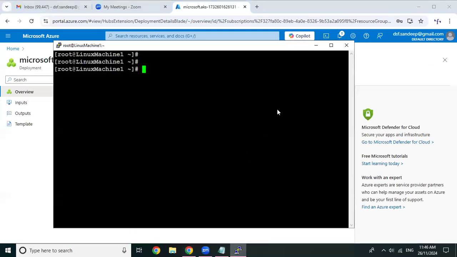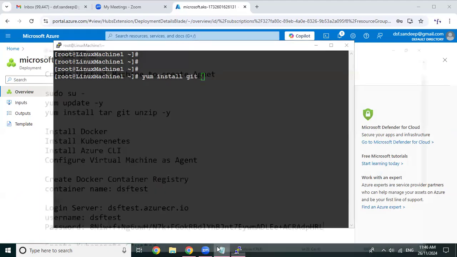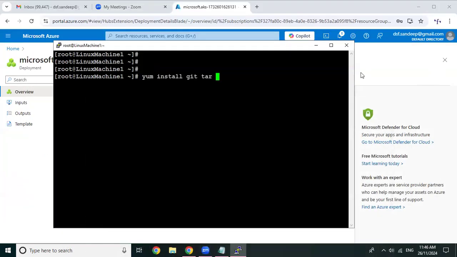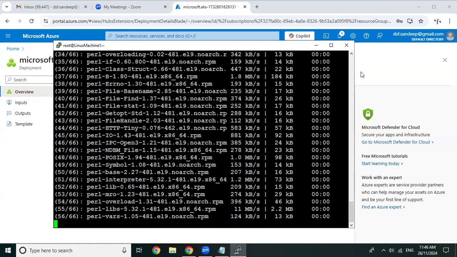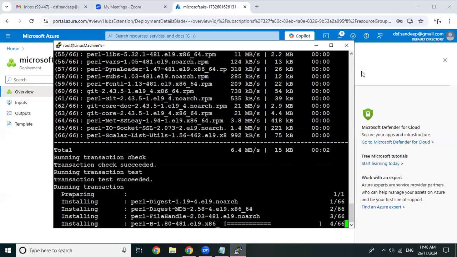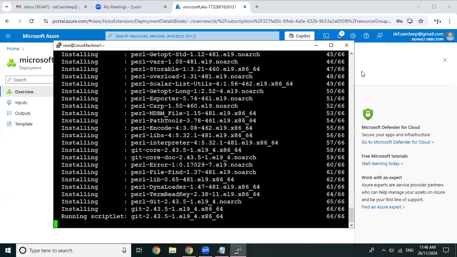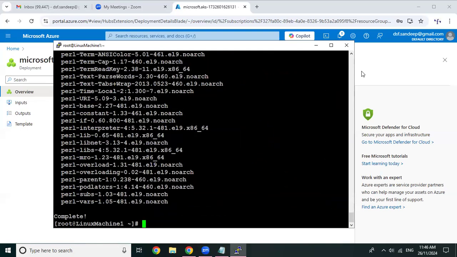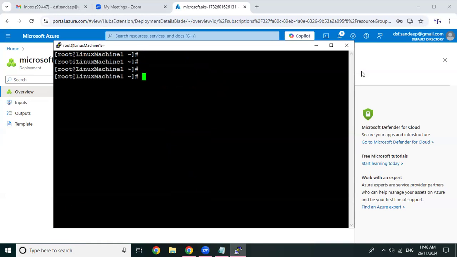Okay, fine. Meanwhile, what I'm trying to do, we're done with the update, right? Yes or no? What you have to do, install git. What you have to install, install git, tar, unzip. Git, okay, tar, you have created. Okay. Now you have to install Docker. What is it? Curl